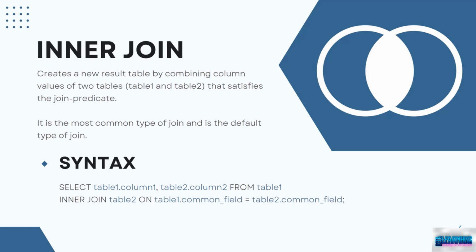SELECT table1.column1, table2.column2 FROM table1 INNER JOIN table2 ON table1.common_field = table2.common_field;